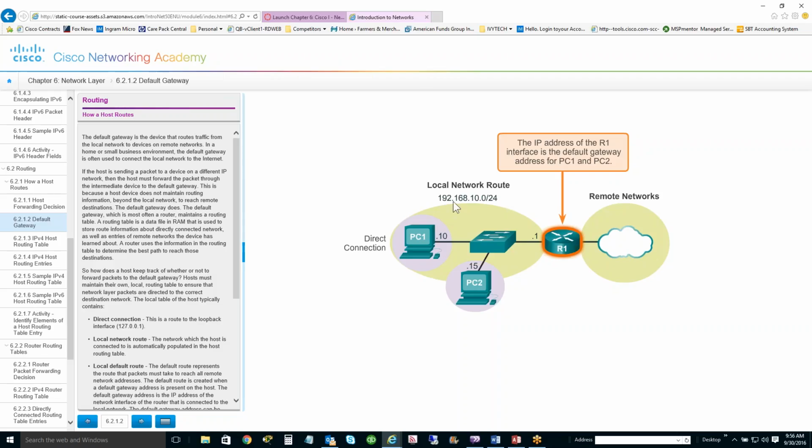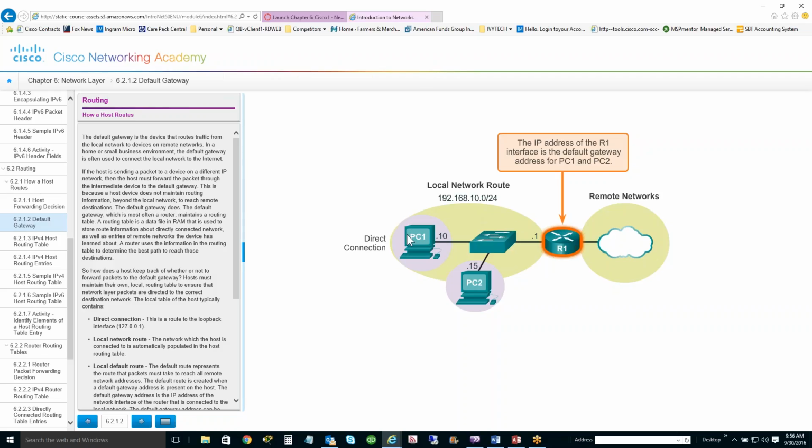So a little more detail here. Our local network is 192.168.10.0. We have 192.168.10.10, 10.15, and 10.1. 192.168.10.1 is my default gateway. So if I'm sending something to any network that is not in the 192.168.10.0 network,